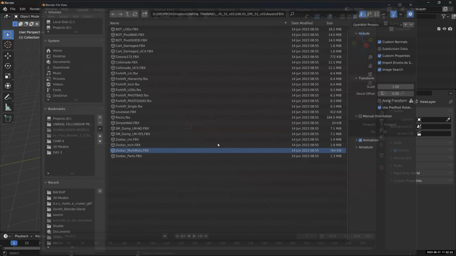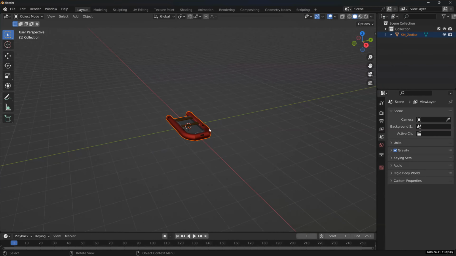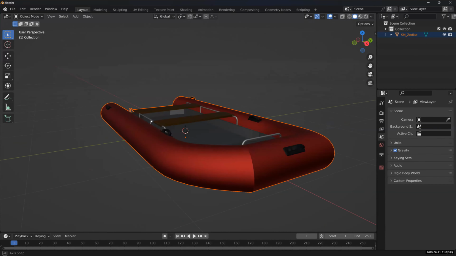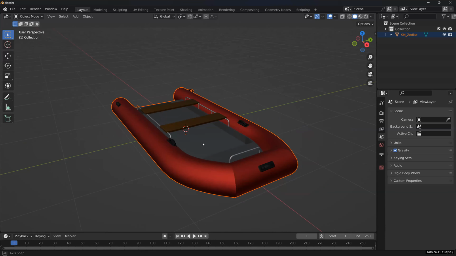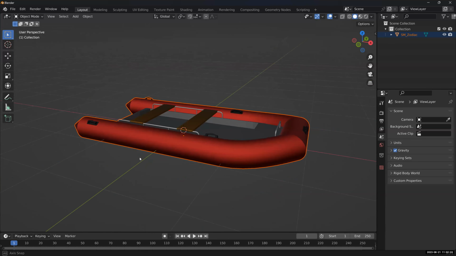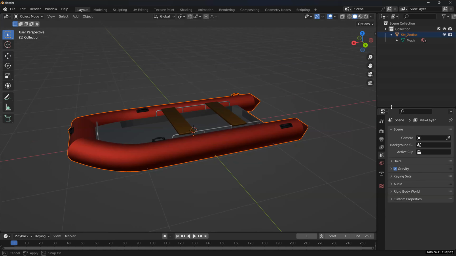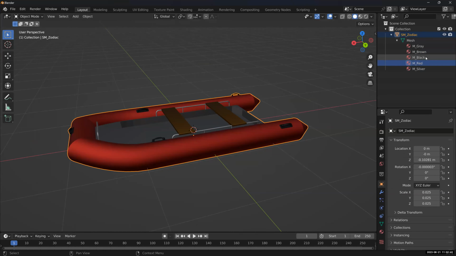So if I zoom in, you can see there's just a little boat that I have. But this boat has different materials. So I want to know how Unreal will handle an object with multi-materials. If you look at the top right corner, it's just like the outliner we have. We have meshes, but we have different material IDs. Are you guys familiar with what material IDs are, right? If you come from Substance and all that, you would know what material IDs are.